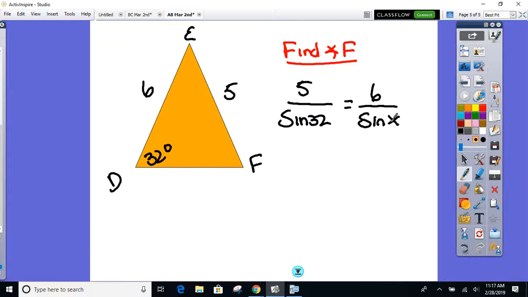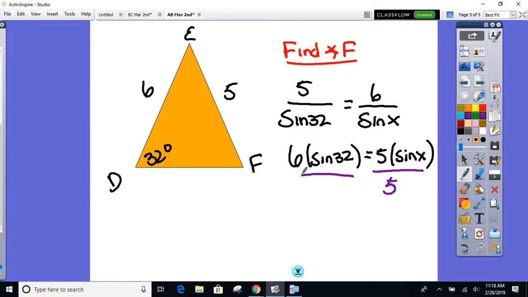Not just x, but sine x. The sine still goes there. All right, not x, sine x. Still going to solve this how? Ready? Here we go. Cross multiply. 6 times the sine of 32 equals 5 times the sine of x. What am I going to do over here on the right side? How do I get this by itself? Still divide by just 5, yep. So sine x